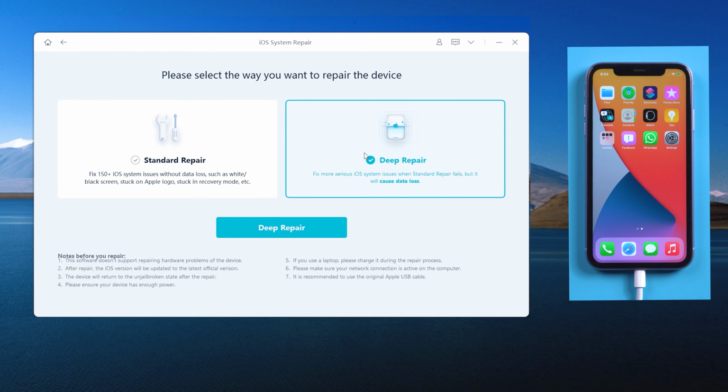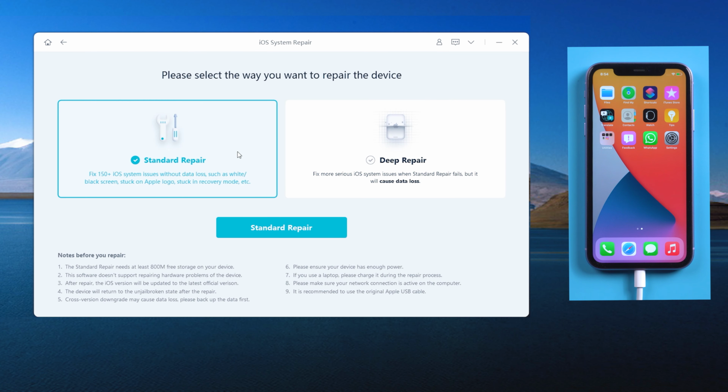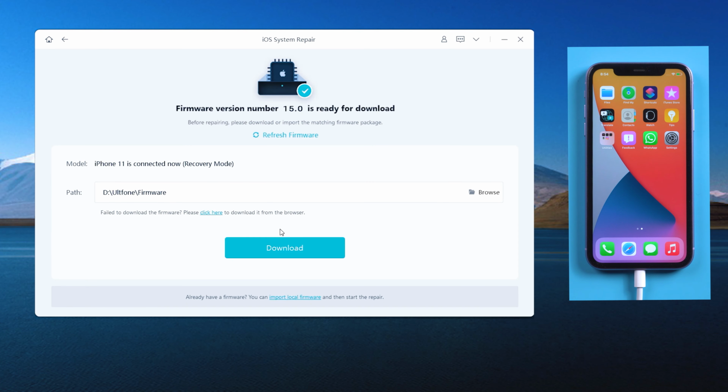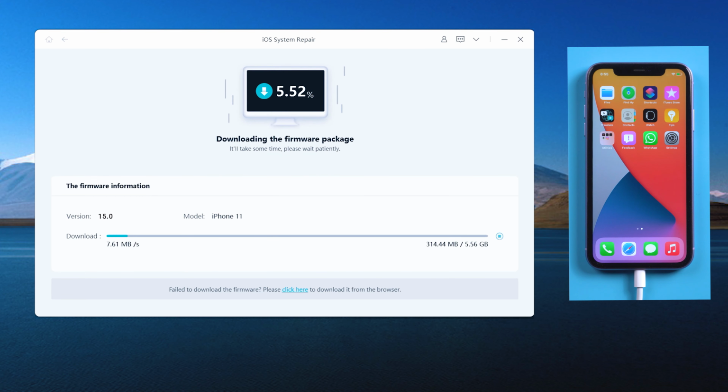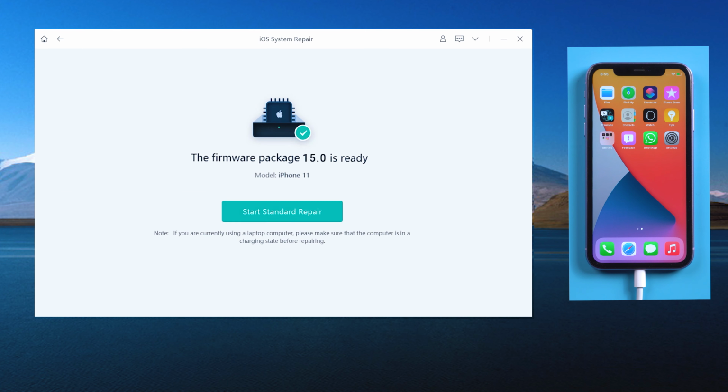Here are Standard Repair and Deep Repair. We select the Standard Repair, which could update without data losing. Download the firmware to a location with enough space. Then start repairing.